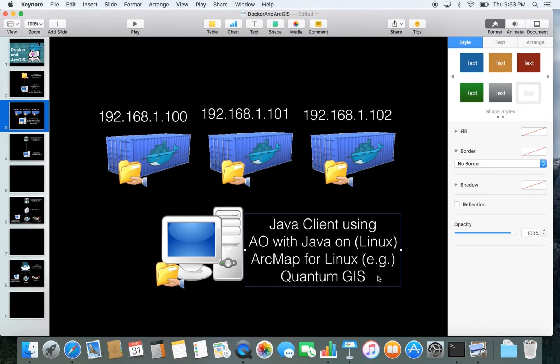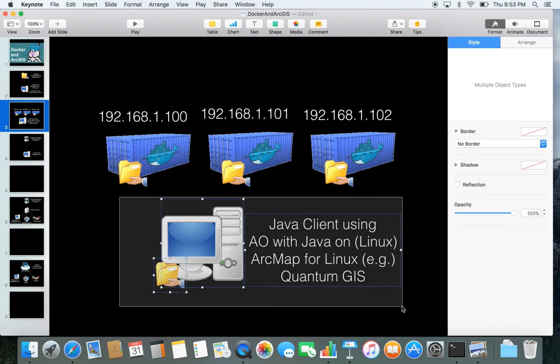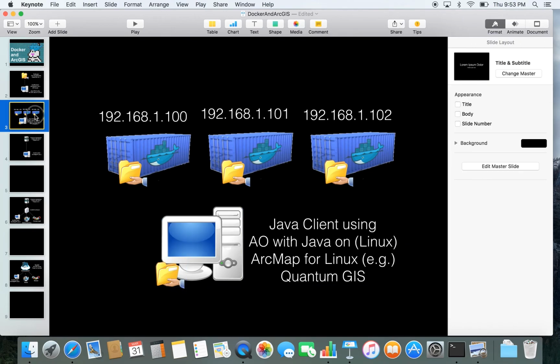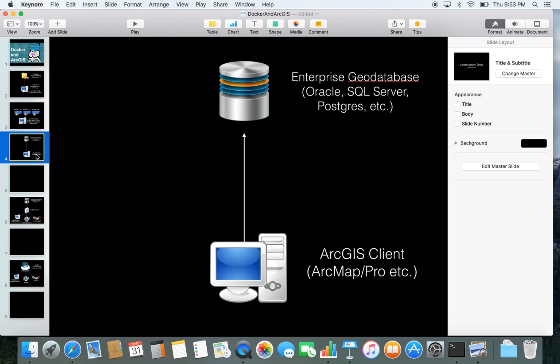All right, Quantum GIS can also be Dockerized, I guess, right? But there are a lot of things Quantum GIS cannot do, which we will discuss in a bit. All right, so we don't have much time. I want to keep these episodes short. Another